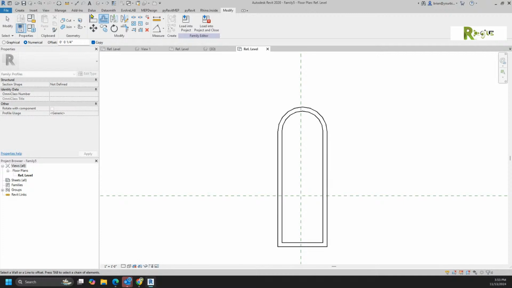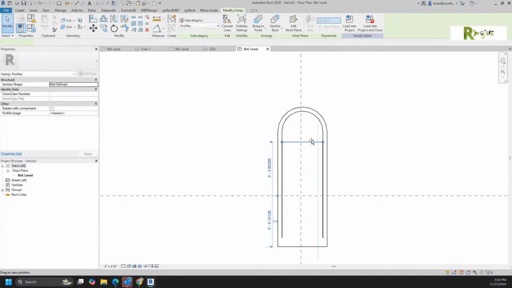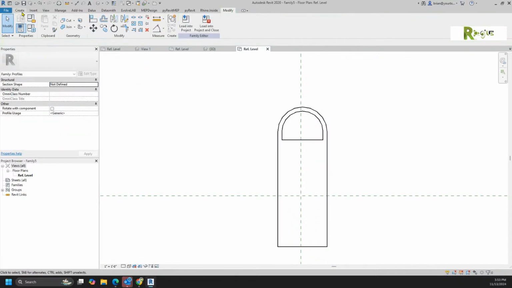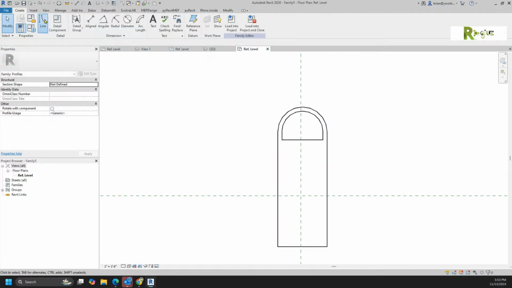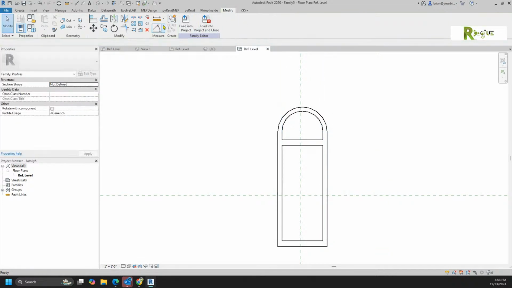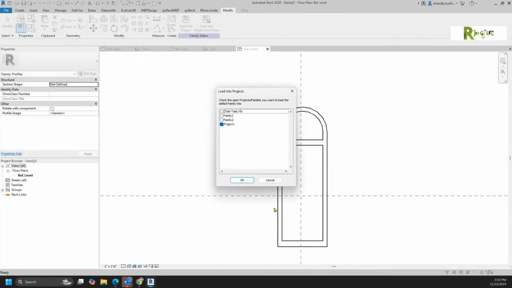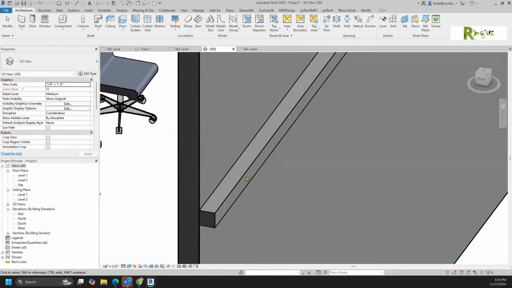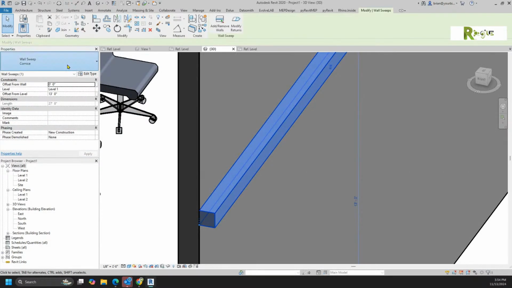Then he had some crazy little lines in there, but we're not going to do all that. We're going to do something more like this and draw one more line, create line, because I'm just trying to test. My question is, could you do the multiple profile shapes on other objects and just not on a curtain wall? See, so here, if I go to edit type,